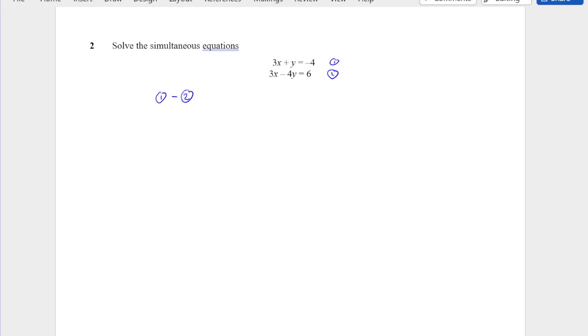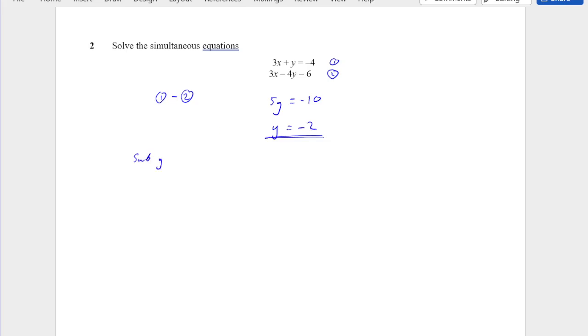So 3x take away 3x is 0. y minus negative 4y is going to be 5y. And then minus 4 minus 6 is going to be minus 10. So divide both sides by 5, y would be equal to minus 2. And now I've got a value for y. I'm going to substitute y